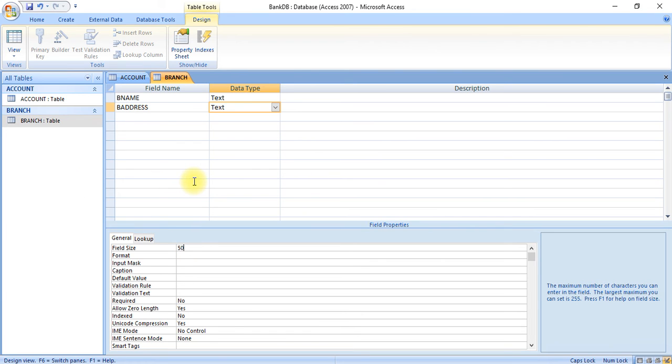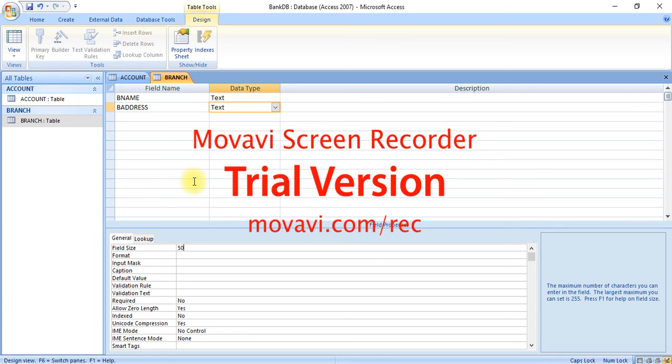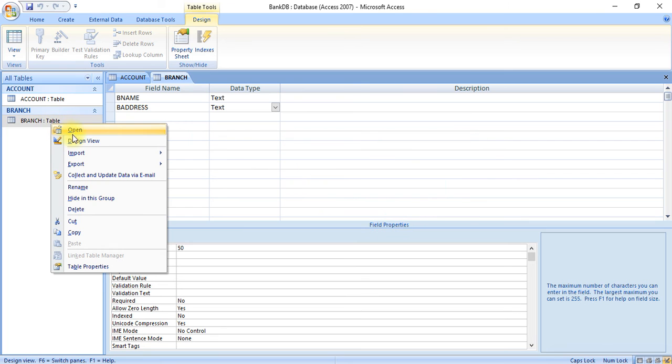So after adding the fields, save the table. To insert a record, right click on the branch table, open the table.